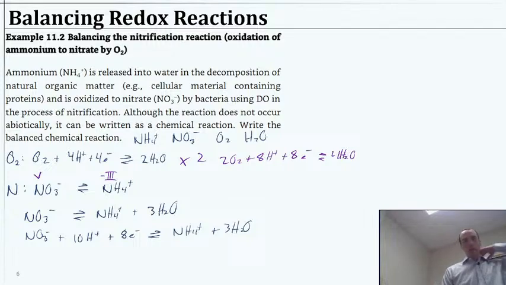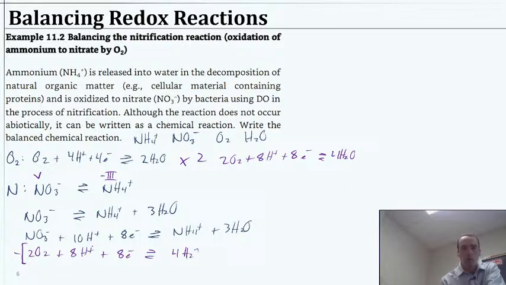Then we can subtract these guys. So subtract 2O2. I'll put a bracket so we're subtracting this whole thing. Okay, once we do that, it should end up looking like